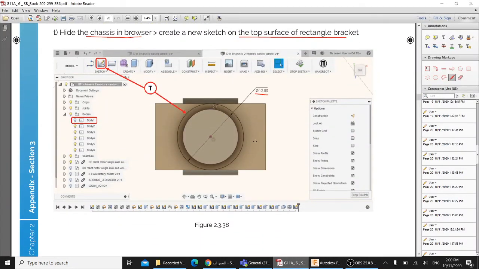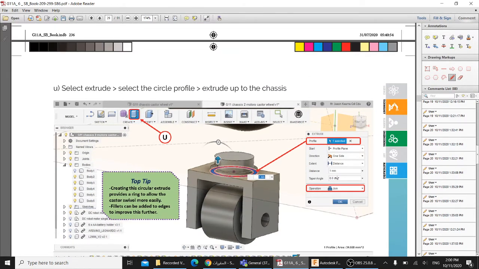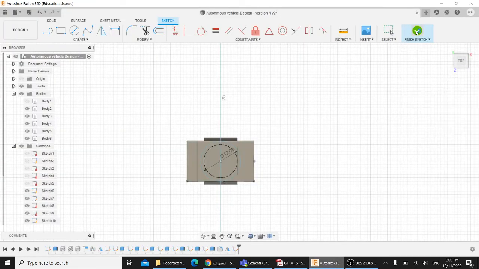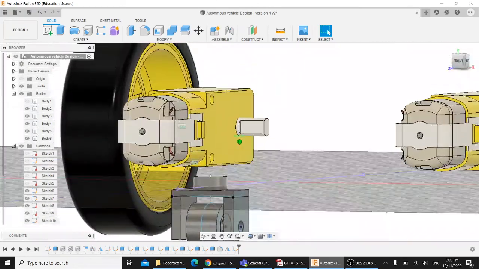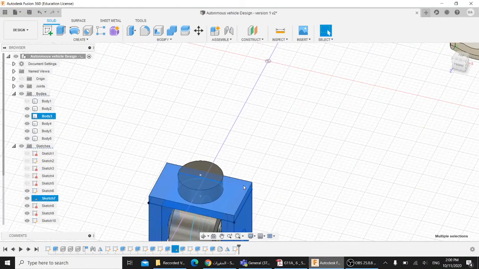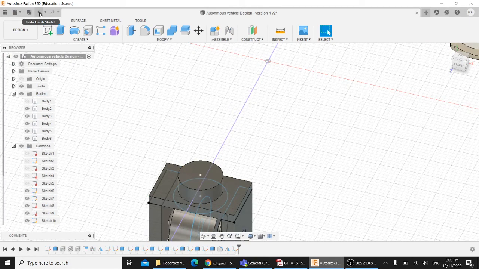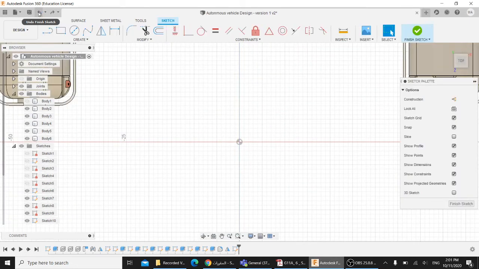Okay, and then he said to get this surface and extrude it with 1 millimeter and join. So I will finish the sketch. I think I have done something wrong. I did sketch the circle but on the bottom face of the rectangle. So what you can do then, if you have done this wrong, is undo your sketch. Make sure that you undo it